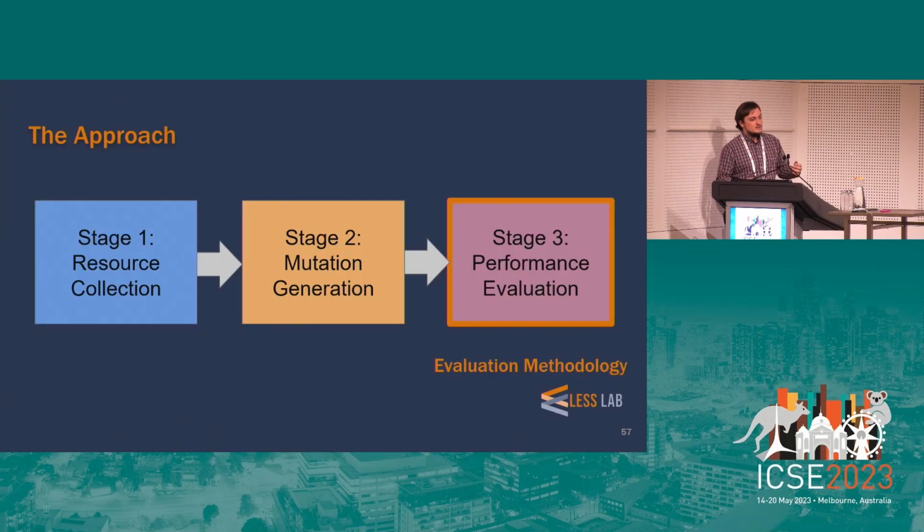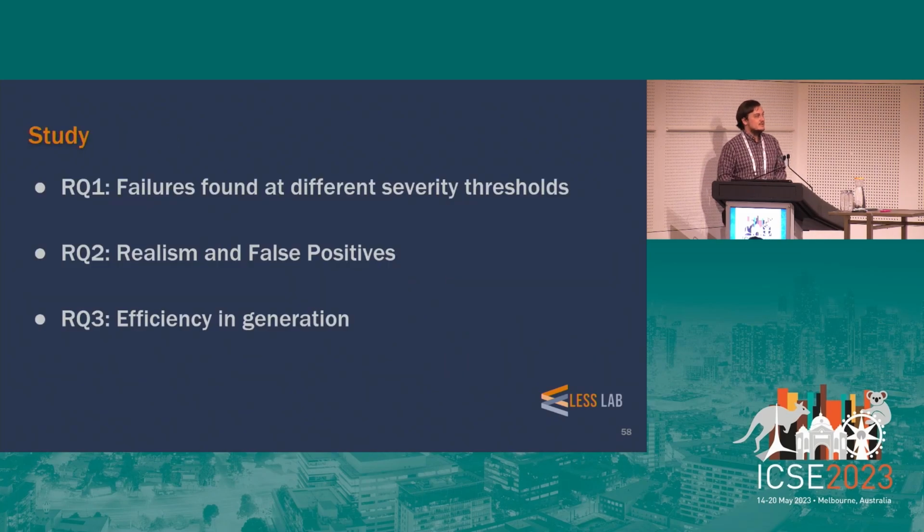And so now, once we have all these mutations that we've been able to diversify our test suite, we need to evaluate the systems under test on these, which is how we evaluate our system. For brevity, I'm going to merge this into our evaluation section. I encourage you to read the paper for separate details. We evaluated 3 different research questions, but just for now, I'm going to focus on our ability to find failures